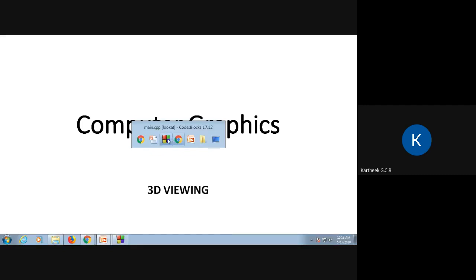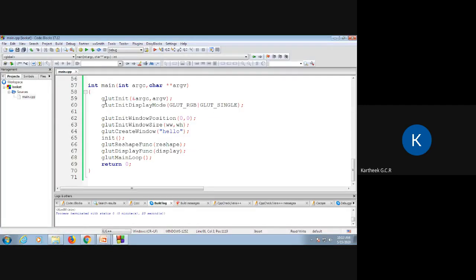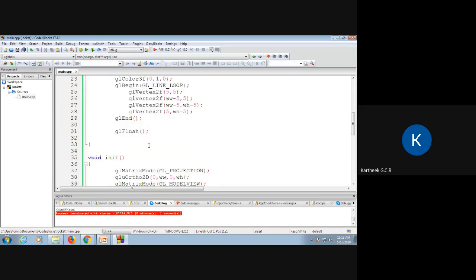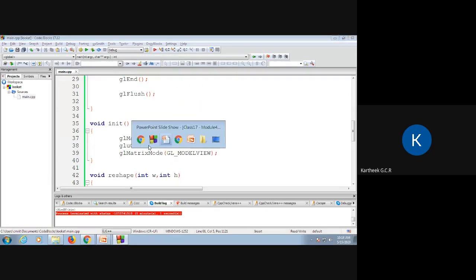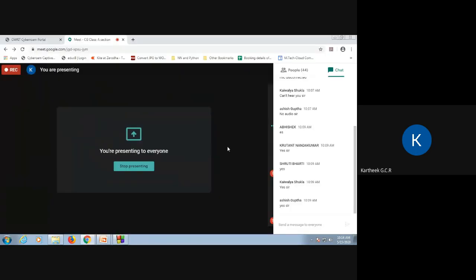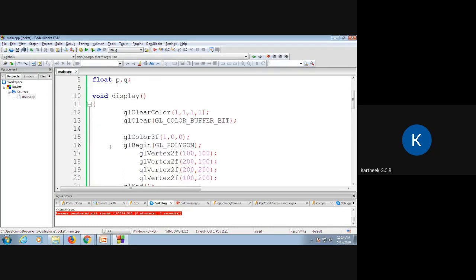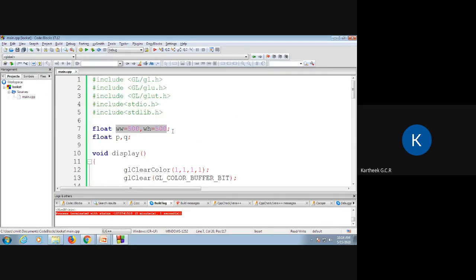Now, say I have taken a small program here. Is the code visible to you guys? Okay. So I have initialized the clipping window to 500 and 500.